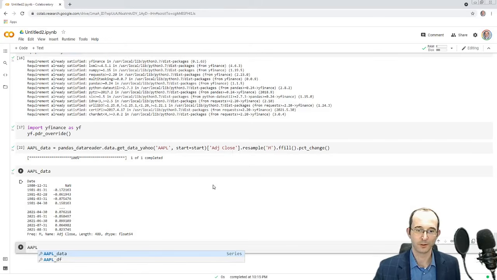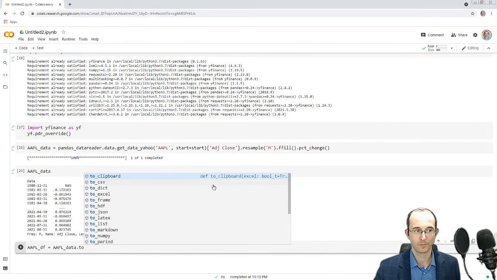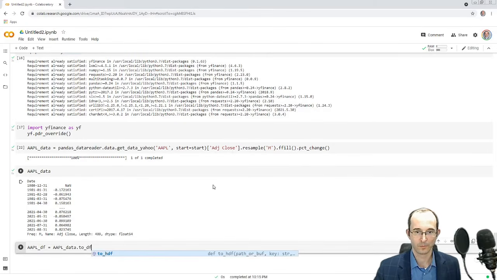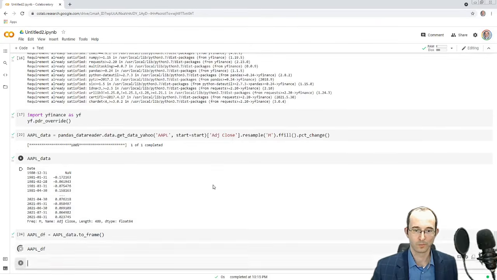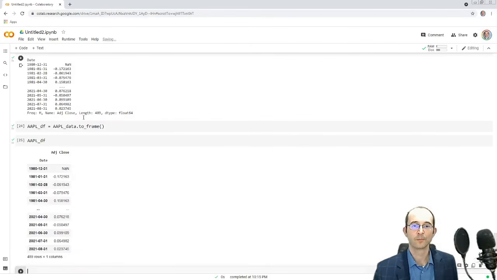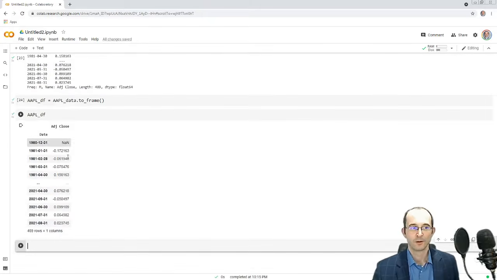Let's actually get a data frame. And now we should think about how we want to merge this